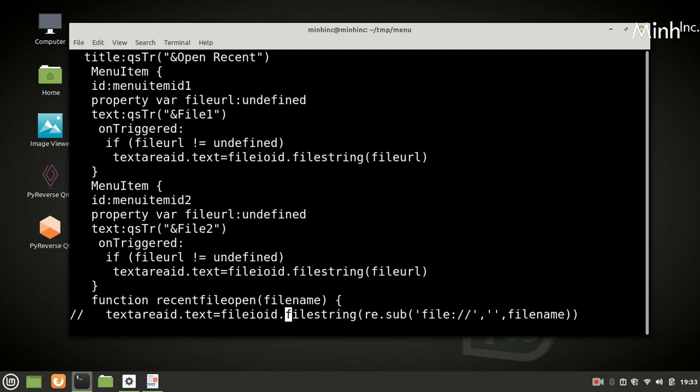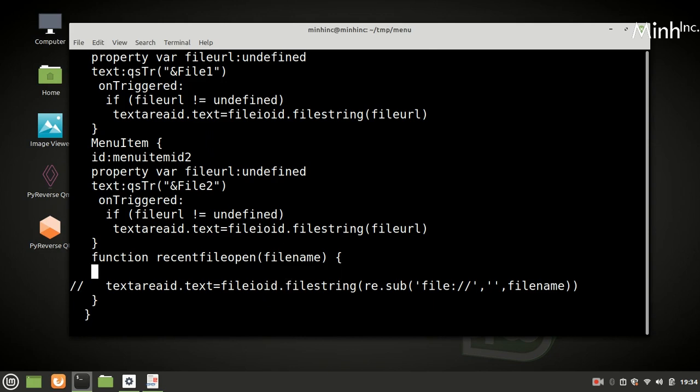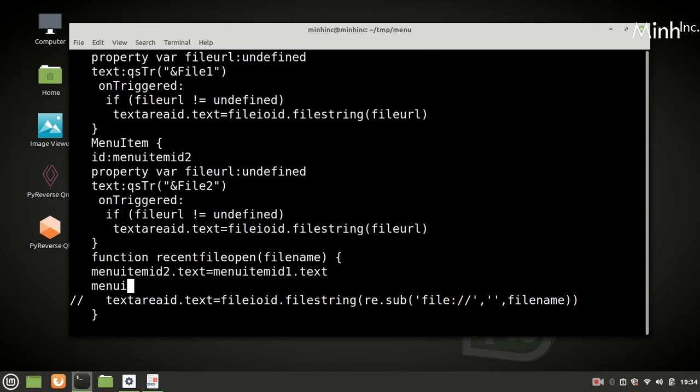Now we'll fill recent open file, this code. Menu item ID2 dot text equal to menu item ID1 dot text, menu item.